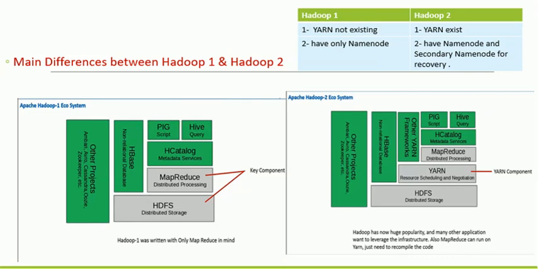So if I further talk about the applications, you can see over here that we have Pig and Hive. Pig is a script application, Hive is a query application, and HCatalog provides you the metadata services, and there are also other YARN frameworks. So the basic difference over here is that